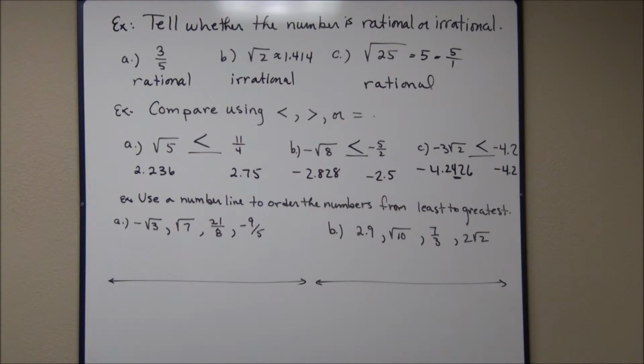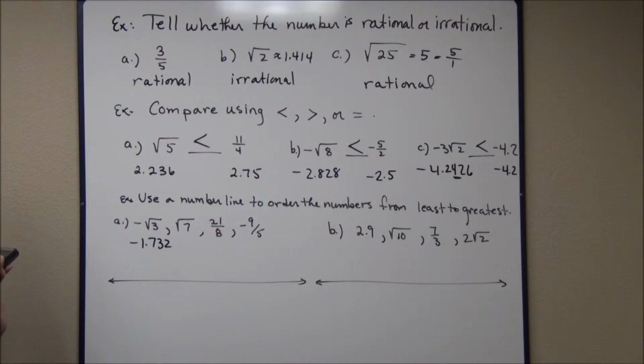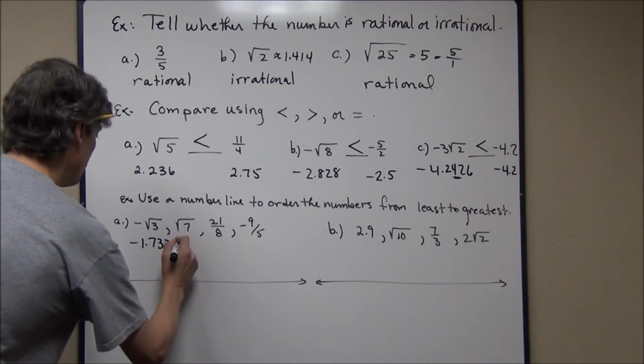Now the next two examples say use a number line to order the numbers from least to greatest. Well, what I'm going to do here is write down an approximation of each of these numbers written as a decimal using my calculator. So this turns out to be negative 1.732. The square root of 7 turns out to be, let's see here, let's see if I can get that to work again. The square root of 7 is about